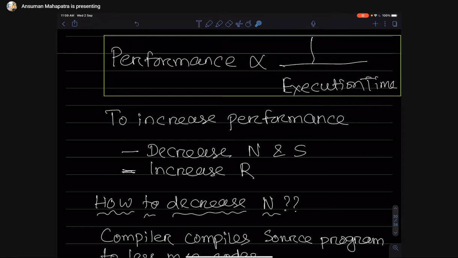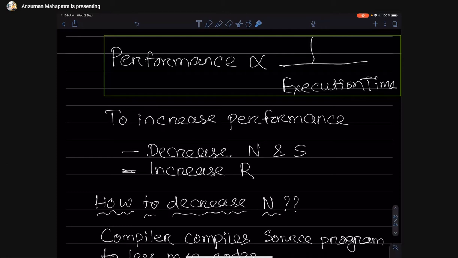So to improve the performance or to reduce the execution time, we have to reduce n and s and increase the value of r. These are the three parameters for execution time. So you have to decrease n, decrease s and increase the value of r.